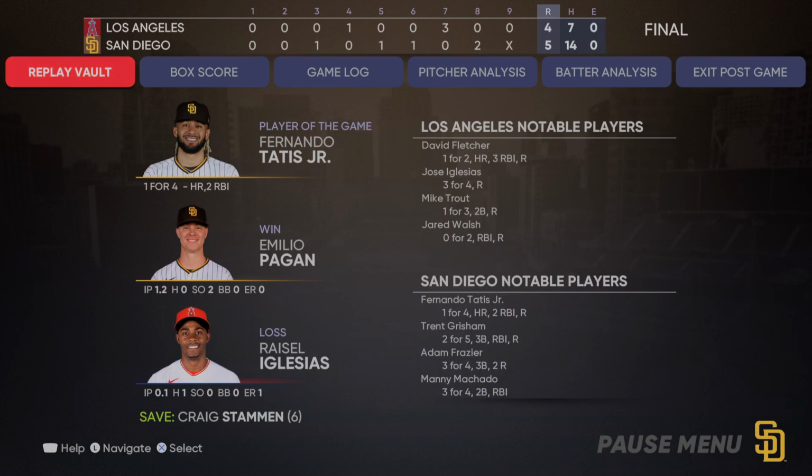The final line score for our ball game tonight. For the victorious San Diego Padres, 5 runs on 14 hits, no errors, they left 10 men on base. For the Angels, 4 runs, 7 hits, no errors, they left 4 men on base. Time of the ball game,